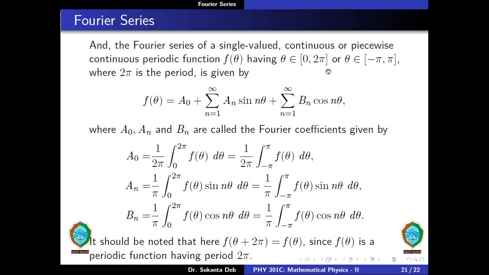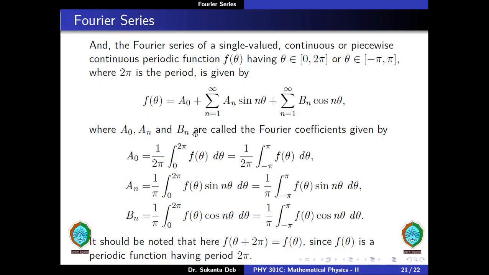Also the Fourier series of a single valued continuous or piecewise continuous periodic function f theta, where theta is any angle whose values lie in the range 0 to 2 pi or minus pi to plus pi, and here 2 pi is the period. So f theta can be written in a Fourier series expansion as f theta is equal to a naught plus summation over n is equal to 1 to infinity a n sin of n theta plus summation n is equal to 1 to infinity bn cos of n theta,